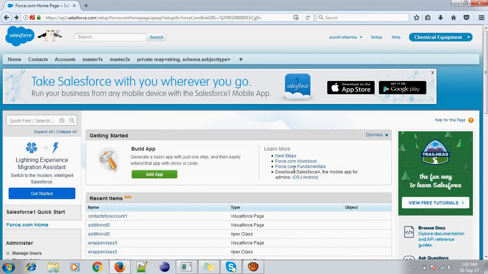In this tutorial I am going to display the contacts of a particular account in a Visualforce page. So we know that contact and account both have a lookup relationship. Contact is the child of account and account is the parent. So in this tutorial we'll create an account record as the parent, and we'll add contacts to the particular account and display them in the Visualforce page.